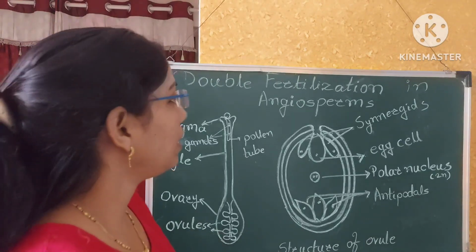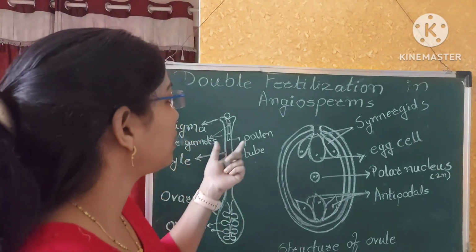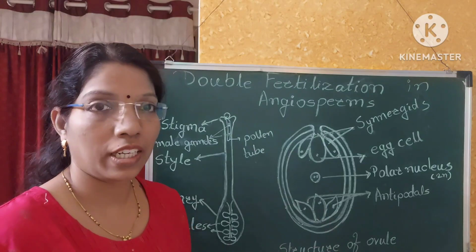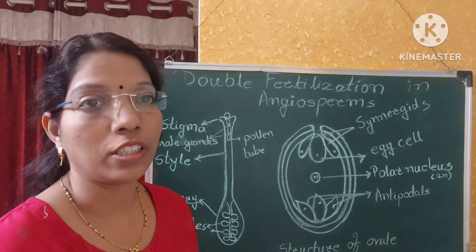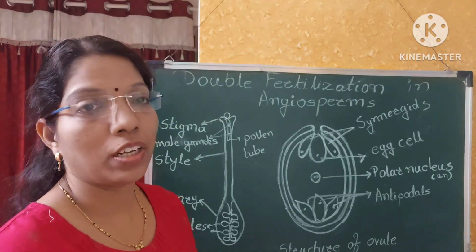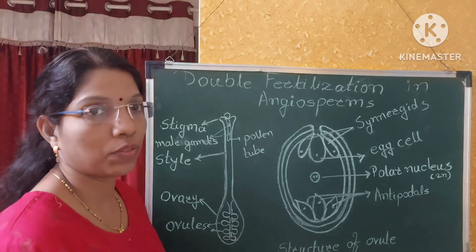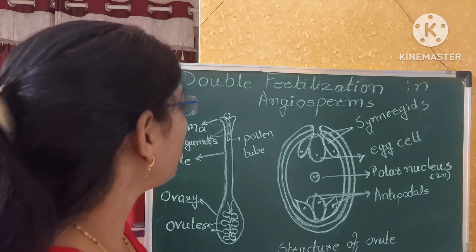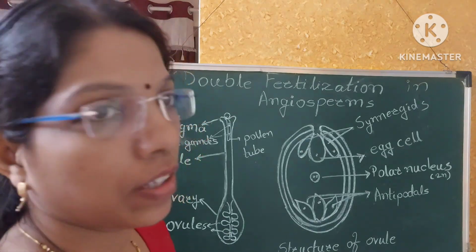After that, the insects also transfer pollen grains, as the pollen grains stick to the legs of the insects. In this way, there are two types of agents which carry pollen grains from one plant to another plant. So after pollination, what happens?